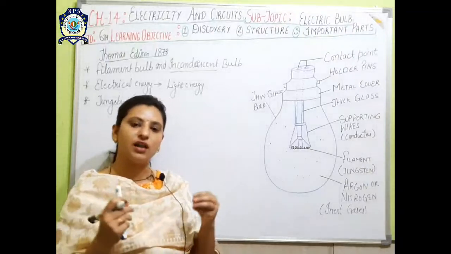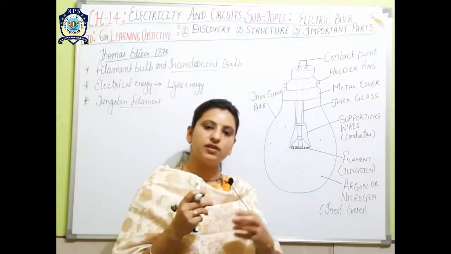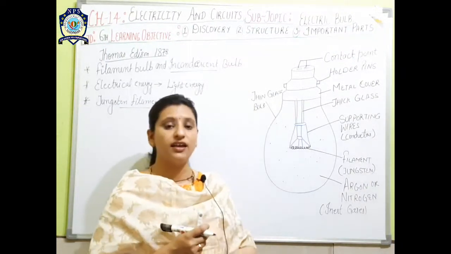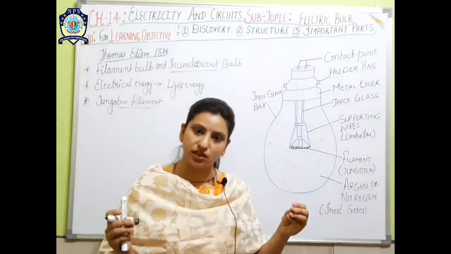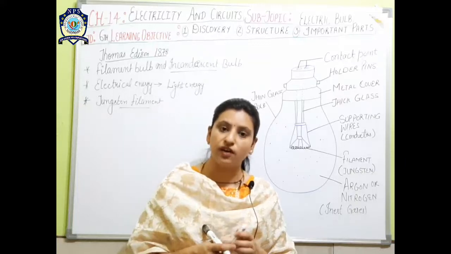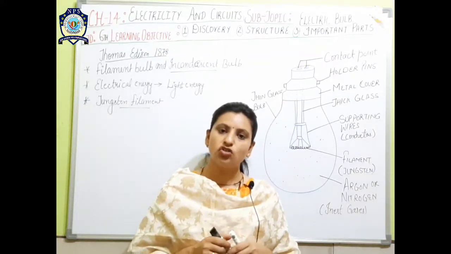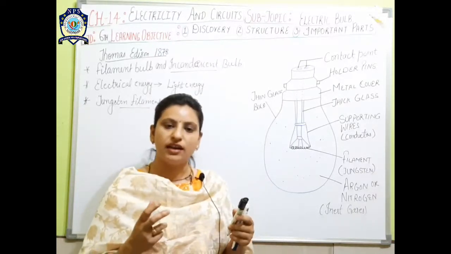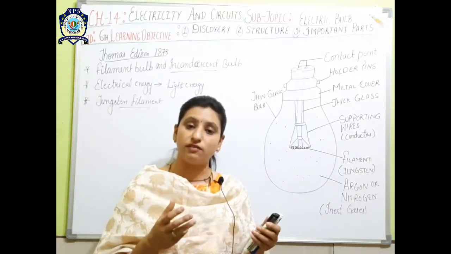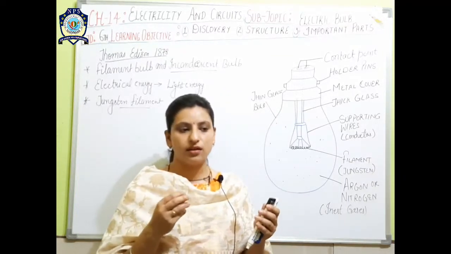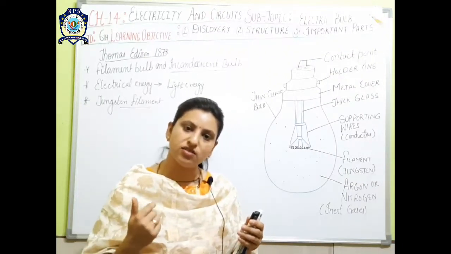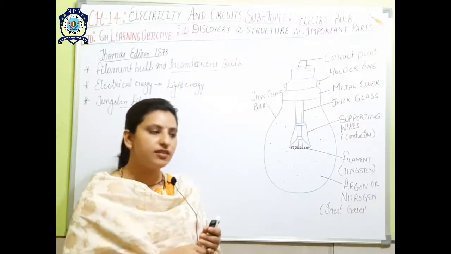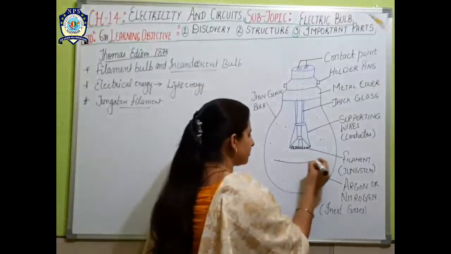If you visualize the bulb closely, you will see that the filament inside has a number of turns. It is not a thin straight wire. So why did Edison, who developed the bulb, make such a coiled structure of the filament? The answer is that if he took a single wire like this,